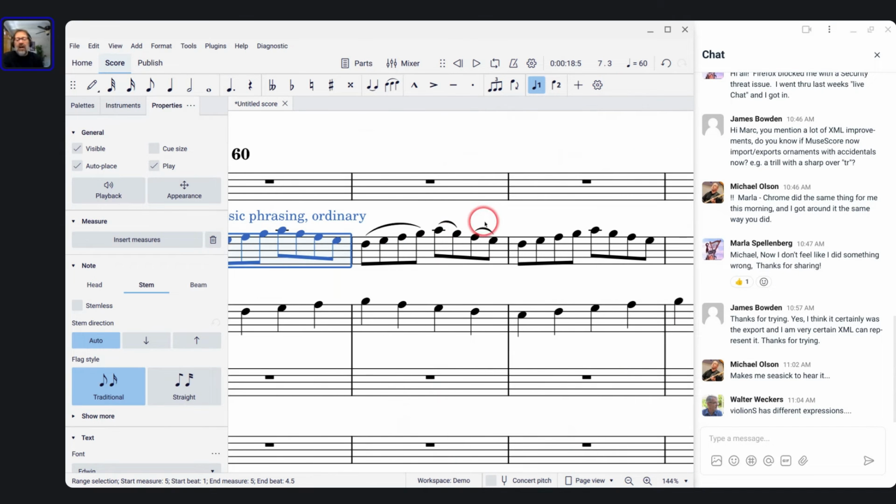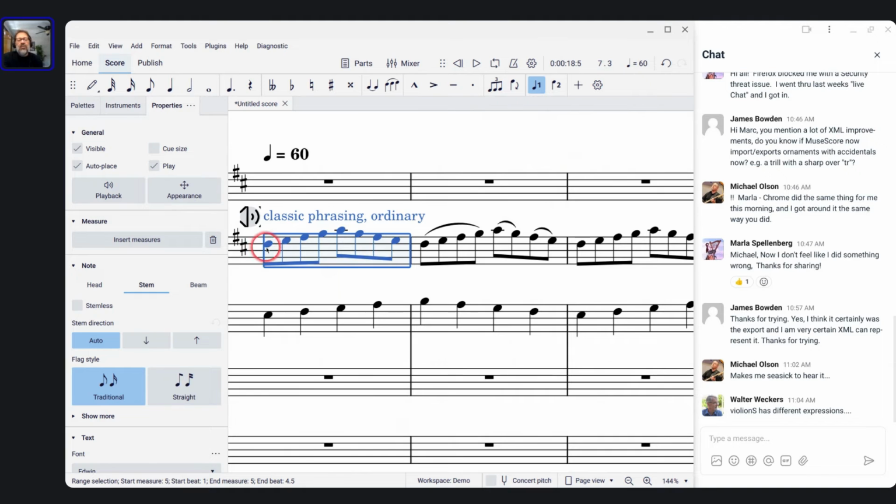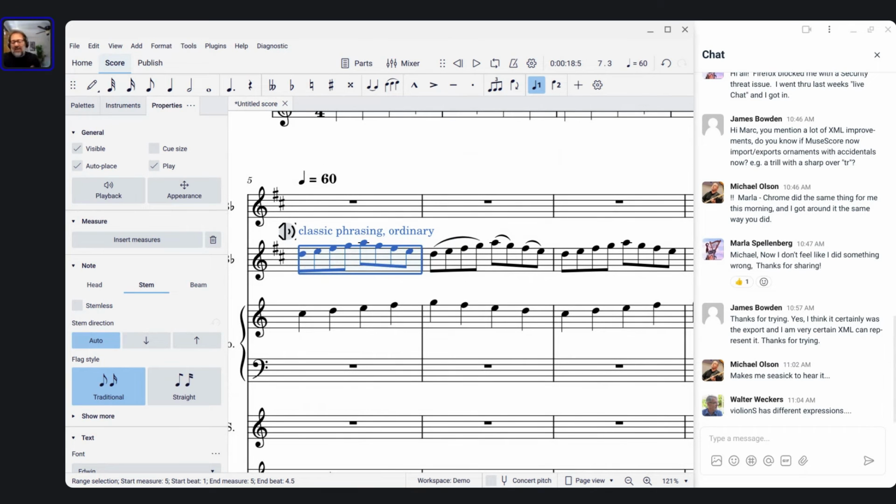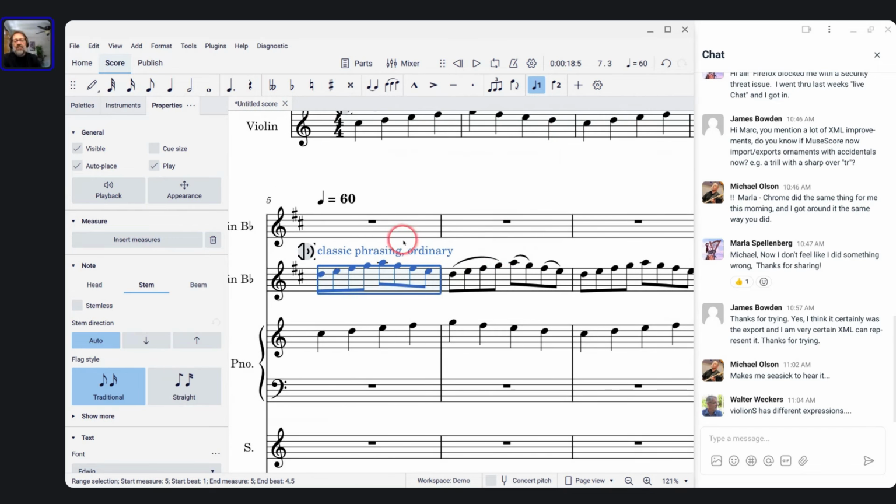So I don't know if you could tell, but there is definitely a subtle difference between the slurless notes and the slurred notes. So when you put classic phrasing on, it seems like that is its effect. I mean, this stuff isn't really documented. I'm gonna write up lessons for it based on what we're able to figure out. But basically, when you select the classic phrasing option, it makes the notes more cleanly articulated by default, and then the slurs actually become